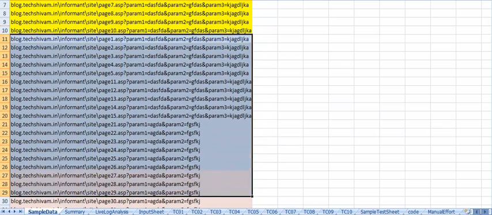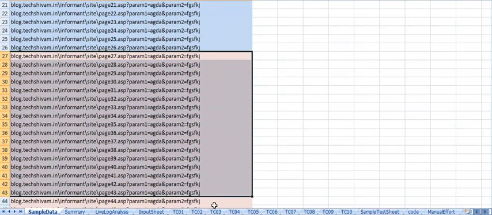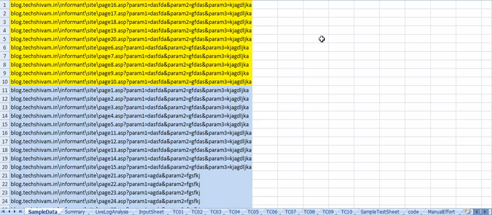Similarly, I have a second flow in which I have done a certain task. You have a third flow. You could have any number of flows, in which there could be a possibility that in one flow you have 10 URLs, in the second flow you have 20 URLs, in the third flow you have 50 URLs, and so on. You could have 10, 20 or even 50 flows to test in your system. So if